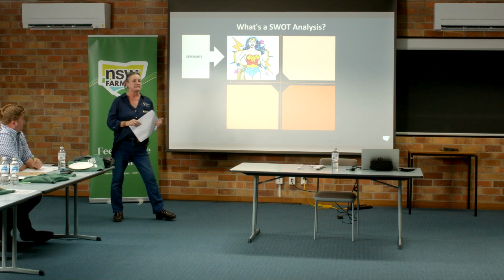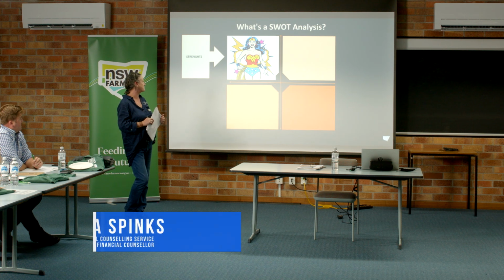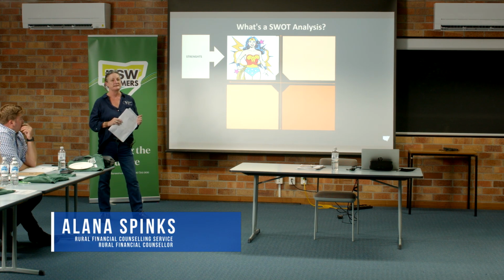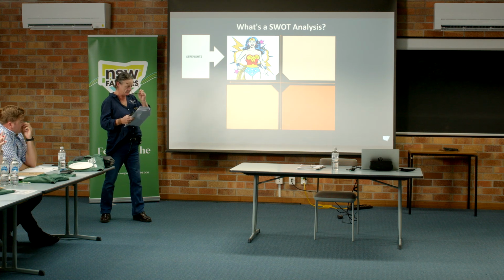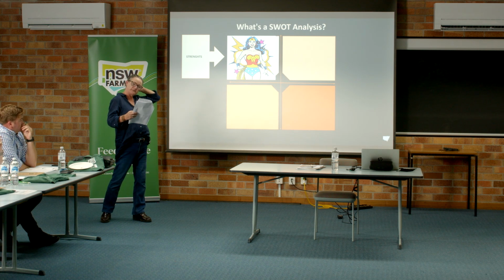So the next part of the business plan is a SWOT analysis. SWOT is an acronym: strengths, weaknesses, opportunities, and threats. This is the real deep dive into your business. There are some categories listed in each of them, but you can go beyond those. Just to start with strengths: production, marketing, finances, people, resources.